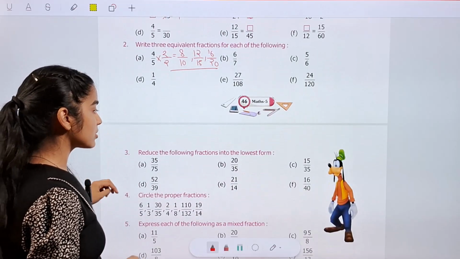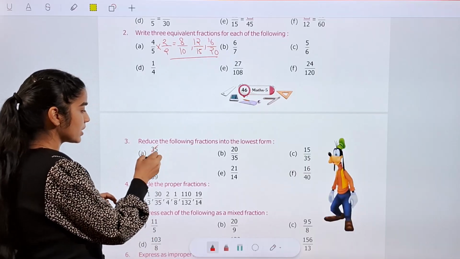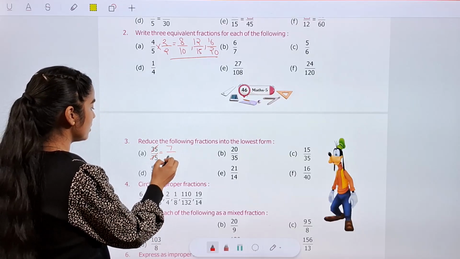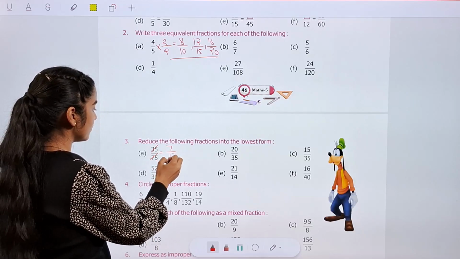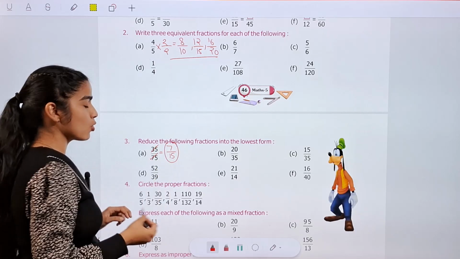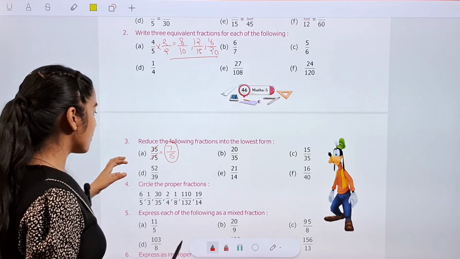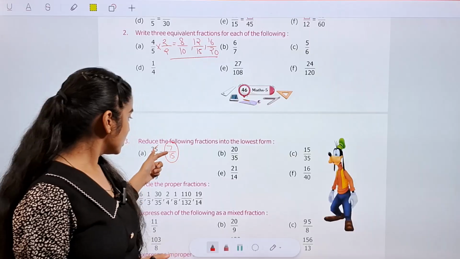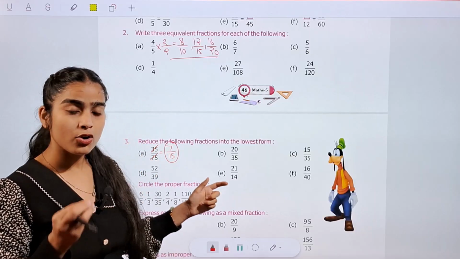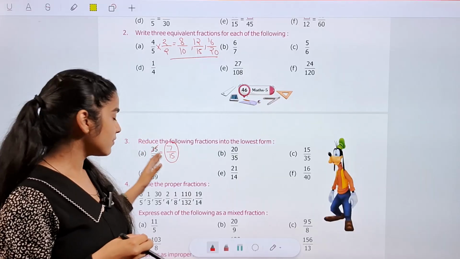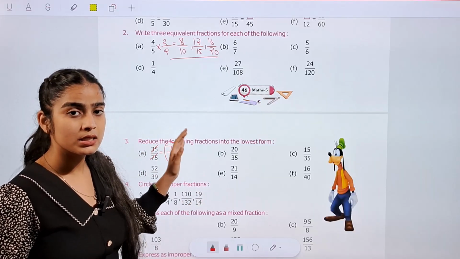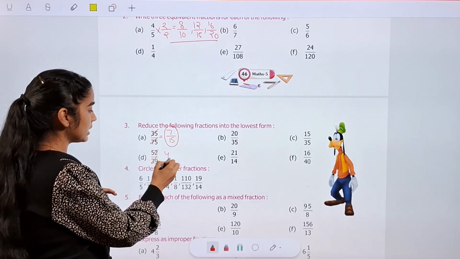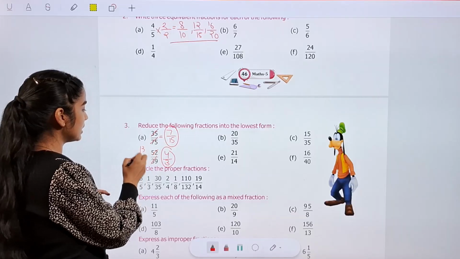Reduce the following fractions in the lowest form. So you have to check it. So we can simplify it with the help of table number 5. Okay. So 7/15 is the simplest form or lowest form we can say for 35/75. For the lowest form, what you have to consider, both the numbers numerator and denominator will not appear in a common table, and 7 and 15 do not appear in a common table. It means it is in the simplest or lowest form. Okay, 52/39 will be 4/3. With the help of table number 13 we can solve it.